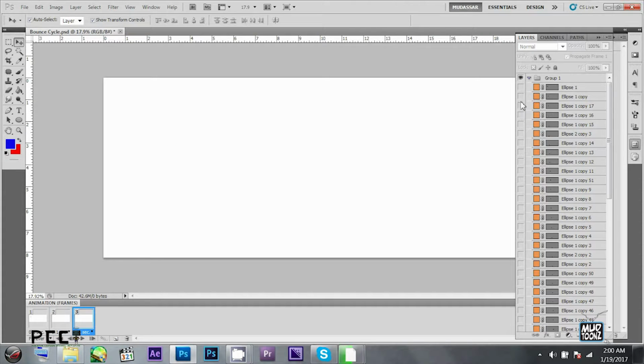So this is Photoshop CS5. If you're using CS6 or above, the option is timeline, and over here you can see that I'm creating each frame and turning on and off each layer one by one,